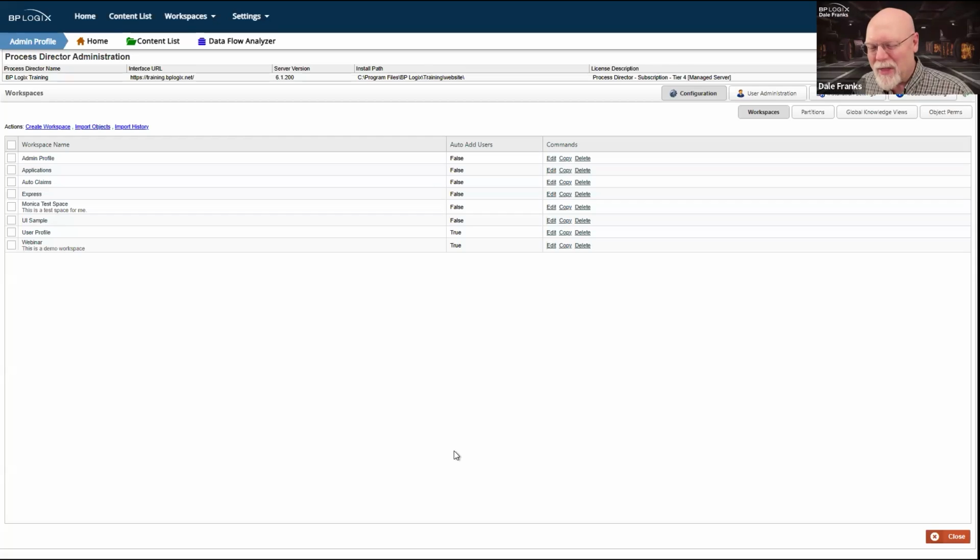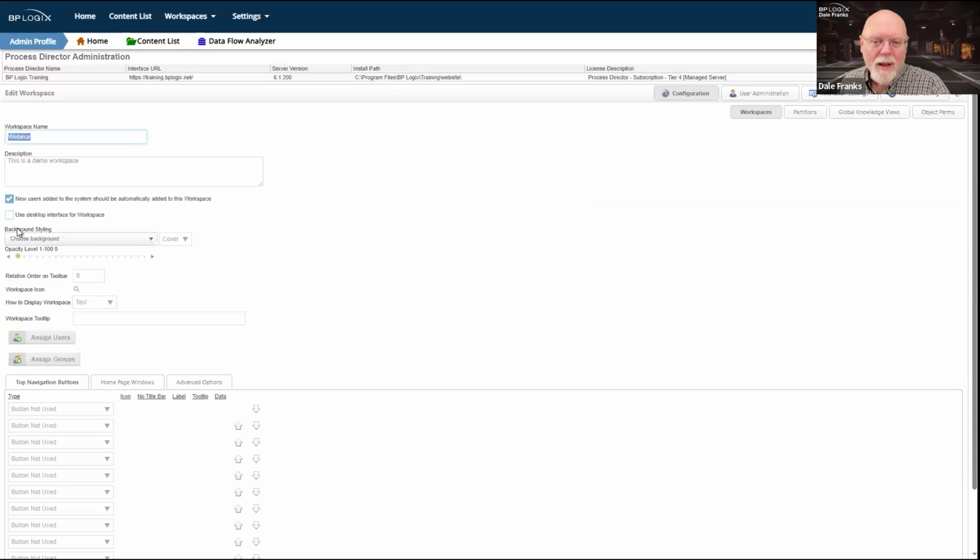That is one of the things about the desktop layout. When you open something, it opens it up in a new window inside the desktop layout. It opens up in like that new little window portlet, which is kind of cool, but also kind of irritating. So we are not going to use the desktop interface for the workspace for this one. Now note that this does not have that eliminate default desktop, most likely because I keep turning it on and turning it off, and I haven't made any changes. I haven't changed my default.